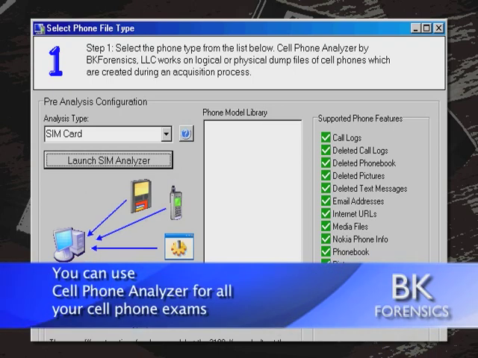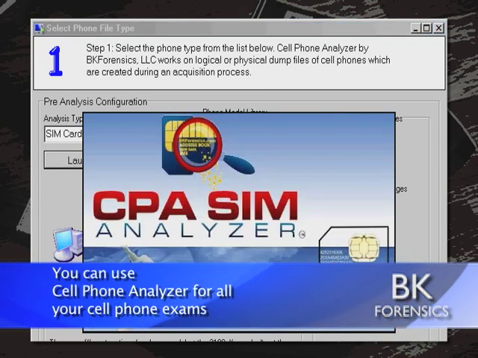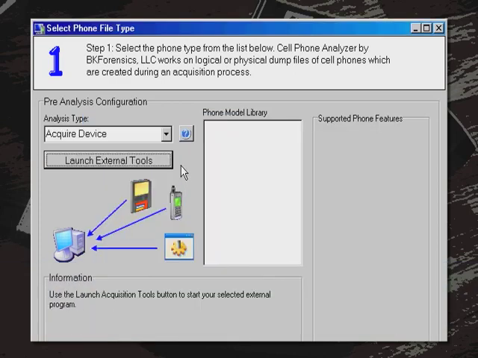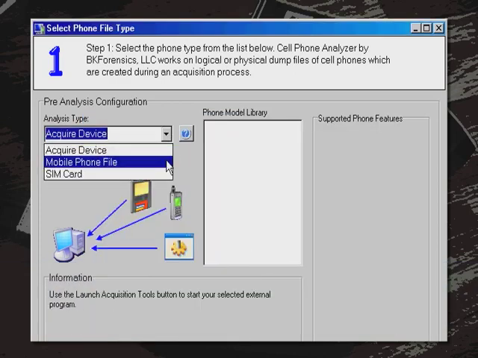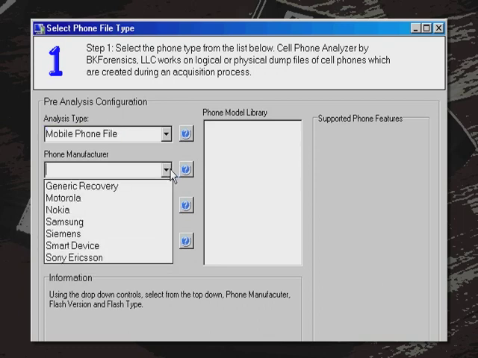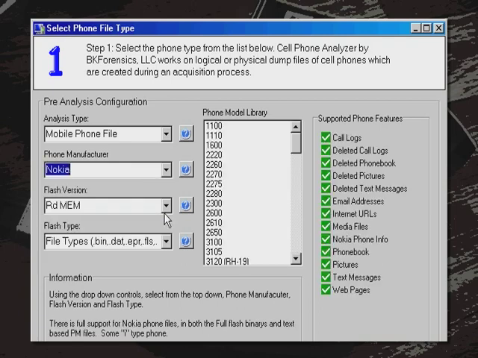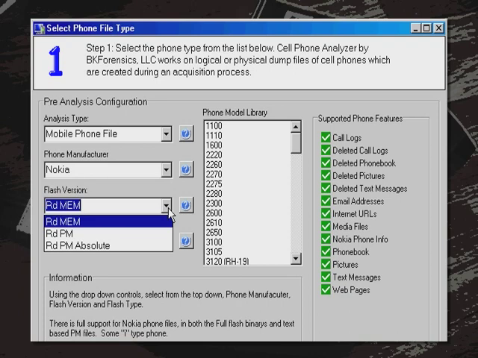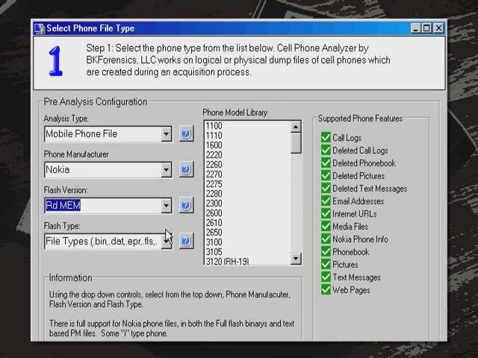That's why we call this the Launchpad. The SIM card option will launch another product BKForensics has called SIM Analyzer. The mobile phone file option enables several drop-down fields. These fields will let CPA know what processing parameters to use on your flash file. Since the intention of this video tutorial is to get you familiarized with Cell Phone Analyzer, let's move on to